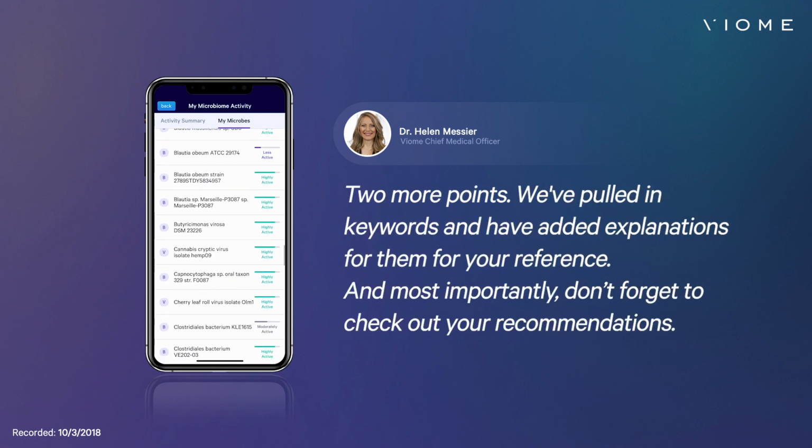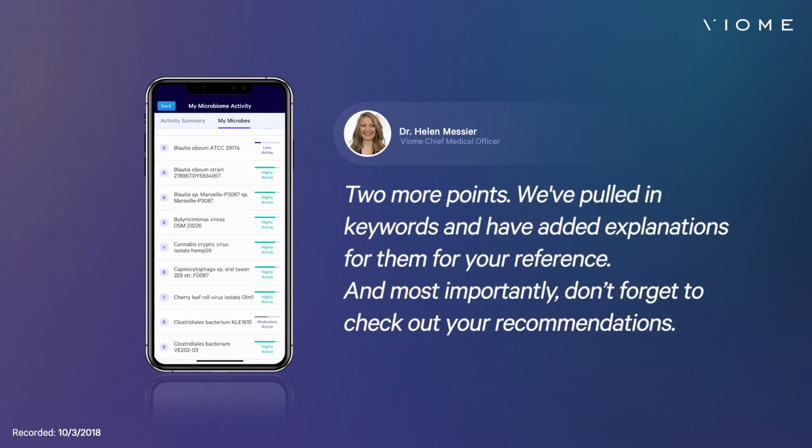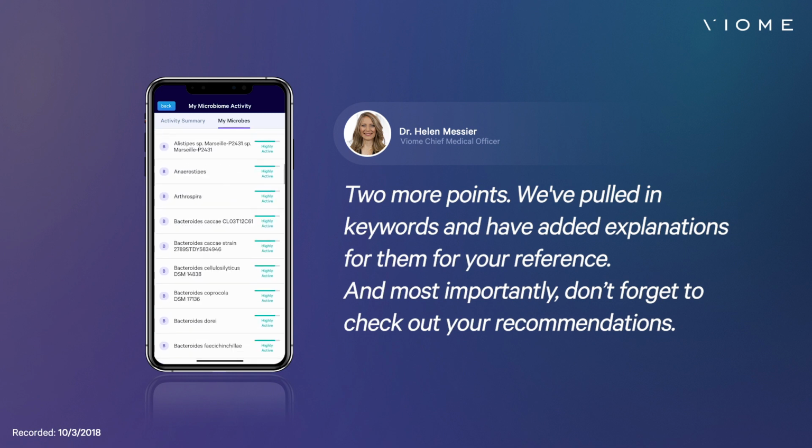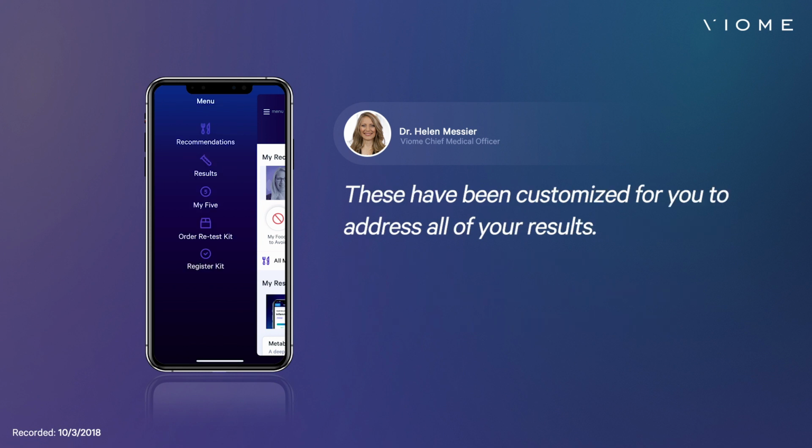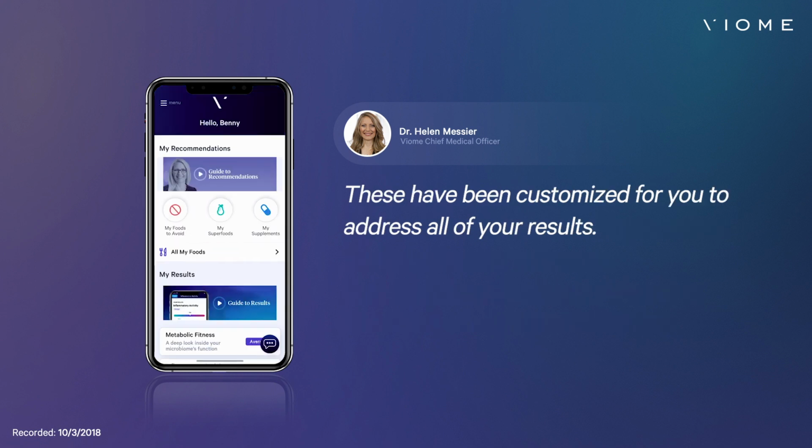Two more points. We've pulled in keywords and have added explanations for them for your reference. And most importantly, don't forget to check out your recommendations. These have been customized for you to address all of your